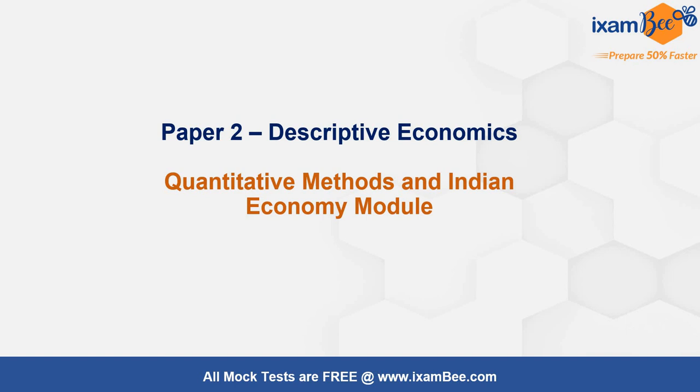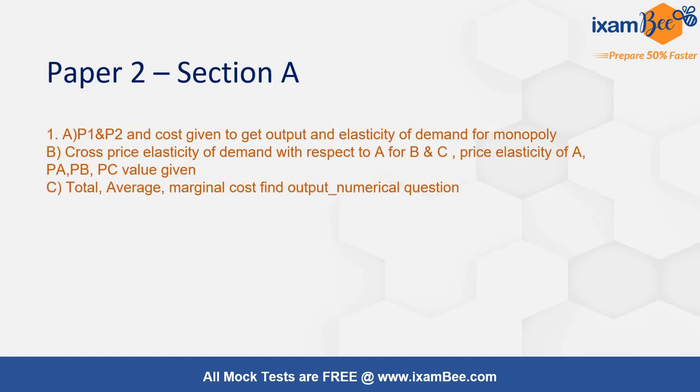So basically, out of these 8 questions given, you had to attempt a total of 5 questions, 2 from each section, section A and section B, and 1 can be from either of the 2 sections. Then paper 2, which was on quantitative methods and the Indian economy module, had questions from, so you were given